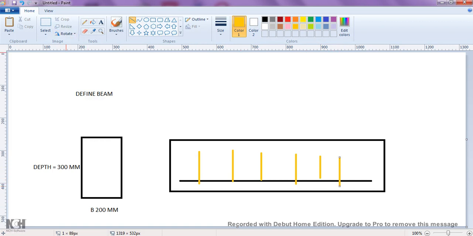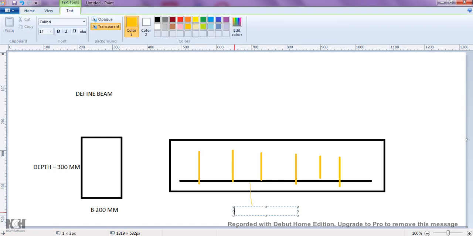Okay. So this is my main bar, then on the bottom it is the main bar. This is my main reinforcement, and it is made up of HYSD 500 grade.